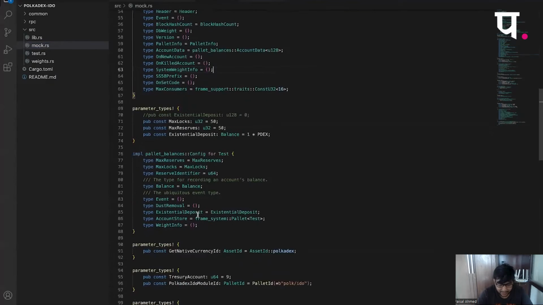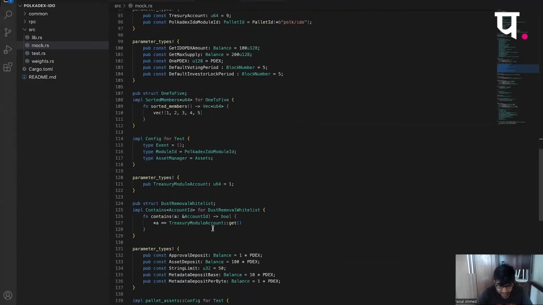And again, this is all config for the pallet balances. I will not get into this. So this is our pallet, which is what we need. Ideally, we have the event as an empty set, because we don't care about it much. And we have the module ID. I think I mentioned earlier that I was initially planning on having this be a custodian account where users will transfer funds to it, and when the execution happens, the custodian account will send it, so that nobody runs away even after creating a drop. But yeah, I didn't get enough time to do it.